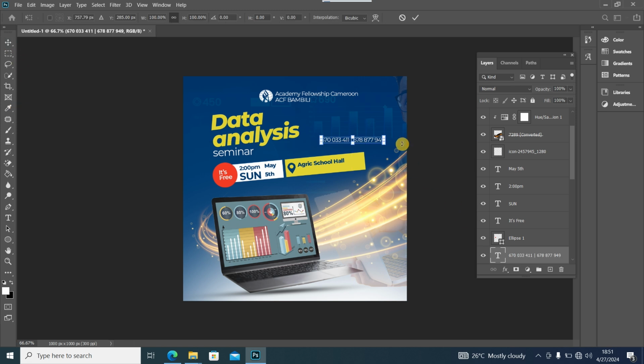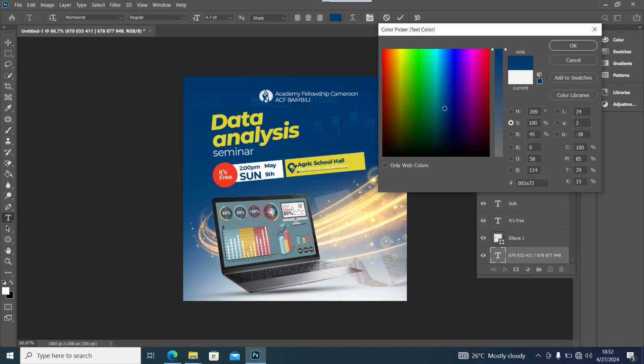Control Command C, I'll reduce the size a little like this, and I'll just drag and drop here. Control T, rotate, and I move this up like this, and I'm going to select the same blue color that we have here. For that,